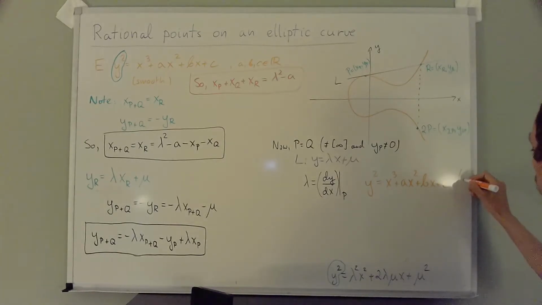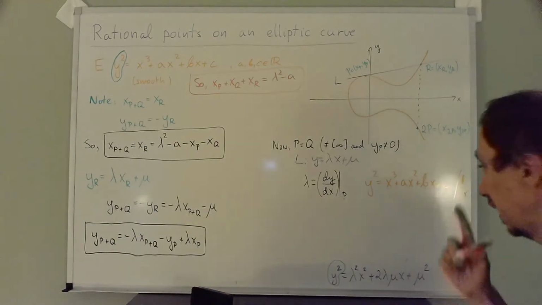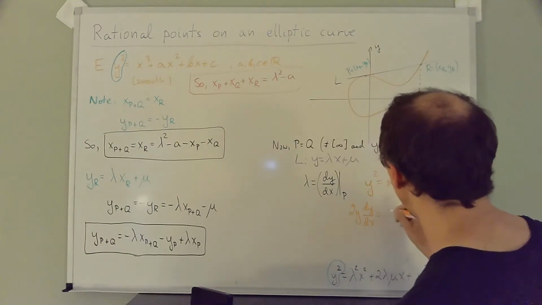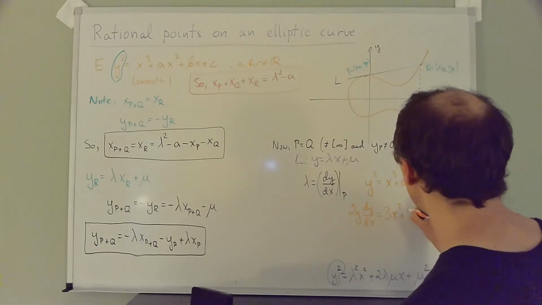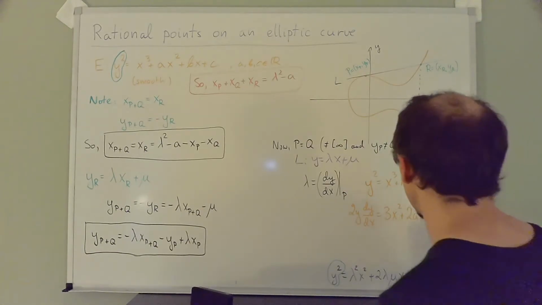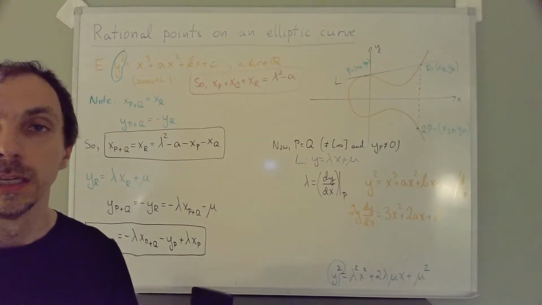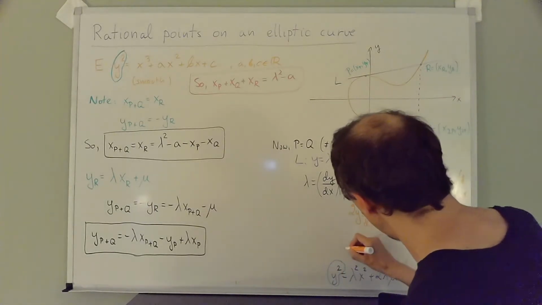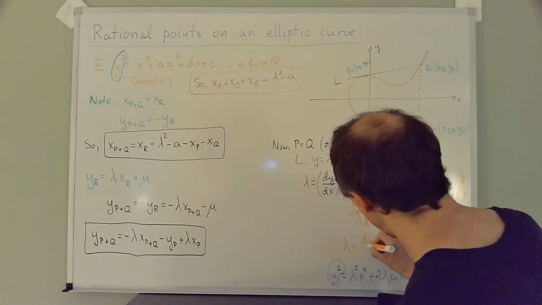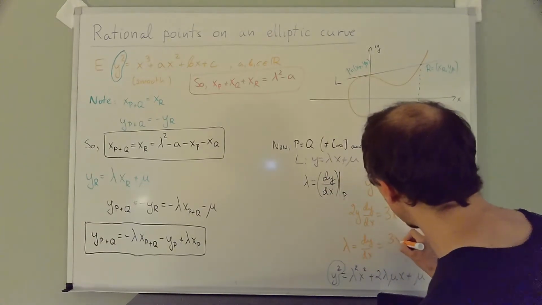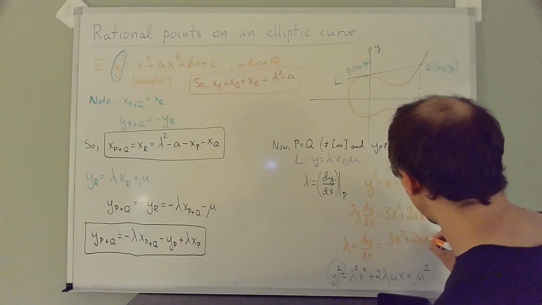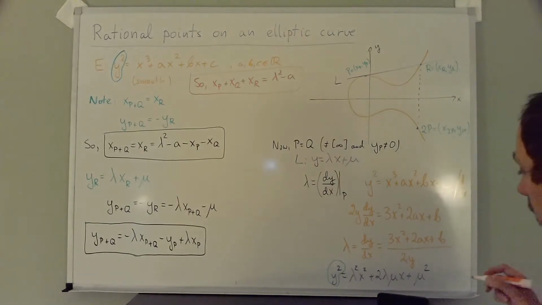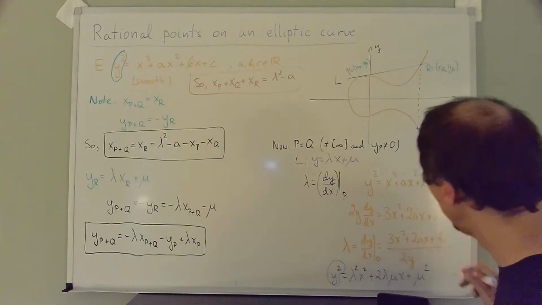So we compute the derivative of both sides, d over dx. What do we get? We get 2y dy over dx is equal to 3x squared plus 2ax plus b. Okay? So from this we get the formula for the slope. That's lambda, dy over dx, is equal to 3x squared plus 2ax plus b divided by 2y. Okay? And now because we want it at P, so this is where at the point P, so this is